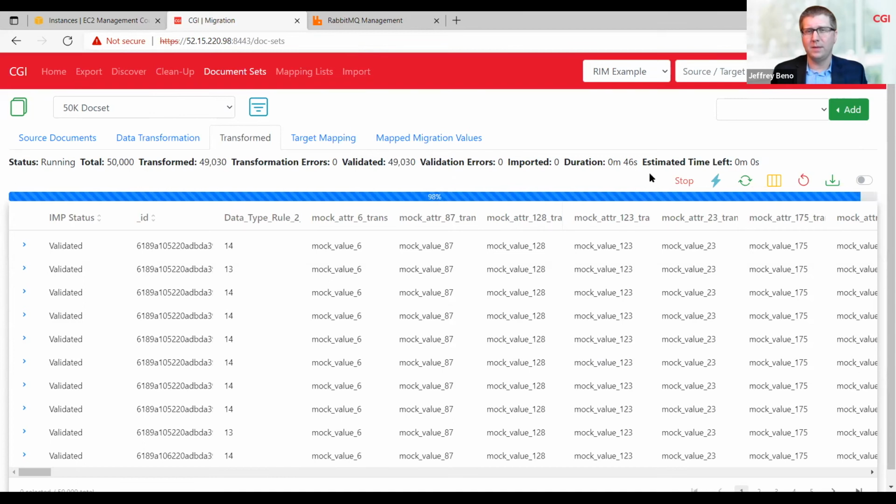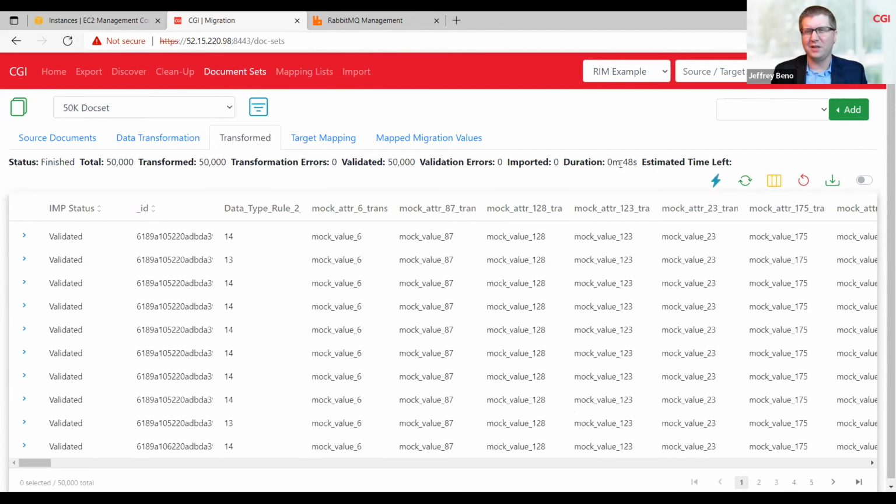And so it took approximately just under 50 seconds to transform those 50,000 documents. And that's great, right? In terms of a real world situation, if we needed millions and millions of documents transformed, this is really where the scalability is going to come in. I don't really need to stand up another server just to cut this time in half,